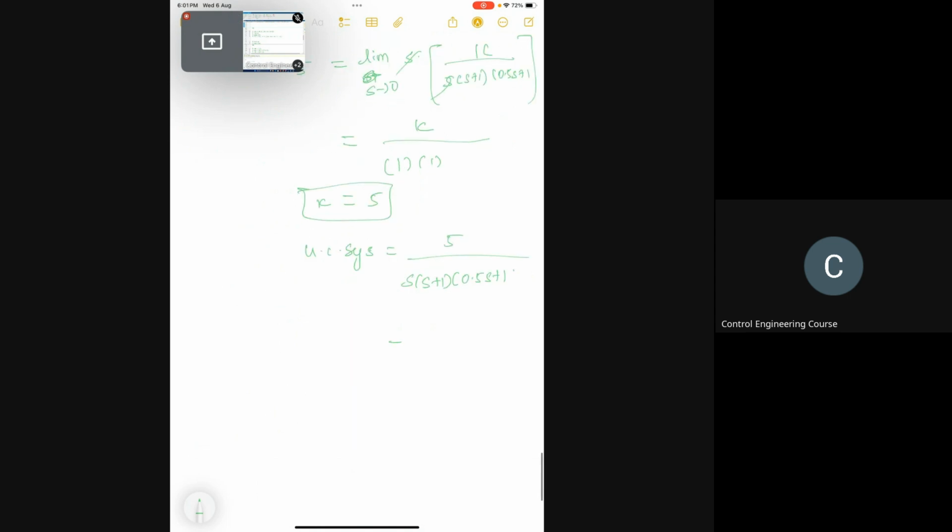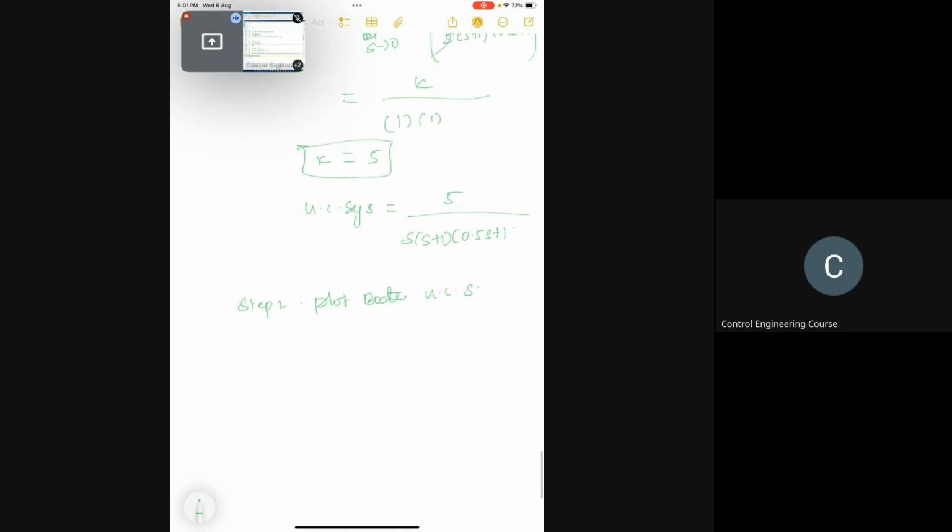Right. Now step 2 is to plot the Bode plot for this uncompensated system. So I'm plotting that. I will show you how my,